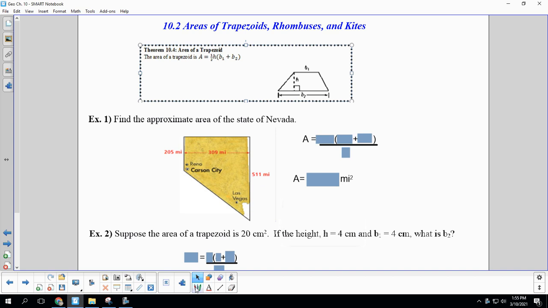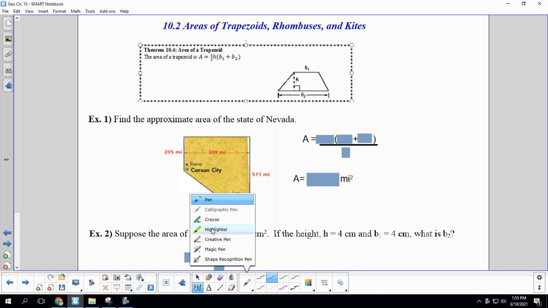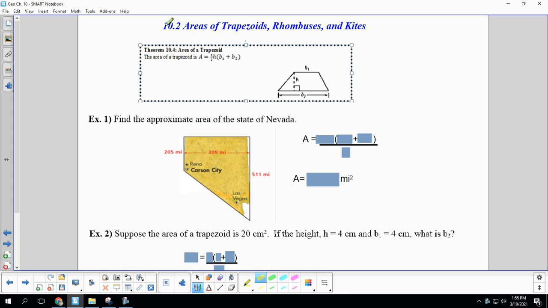All right, geometry students, it is time to buckle up and get ready for Chapter 10, Section 2, Areas of Trapezoids, Rhombuses, and Kites. I love this section. We have a nice little area of a trapezoid formula. Remember, a trapezoid is a quadrilateral. The bases on top and bottom are different lengths, and they have a height from the top base to the bottom base. So the area,